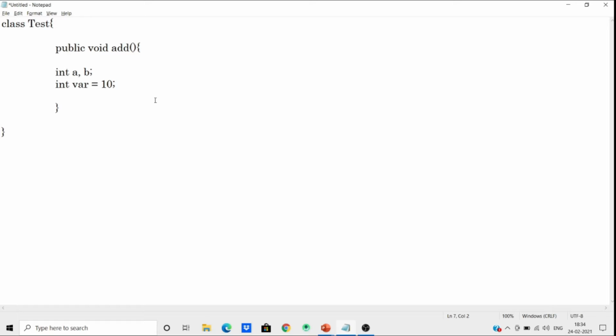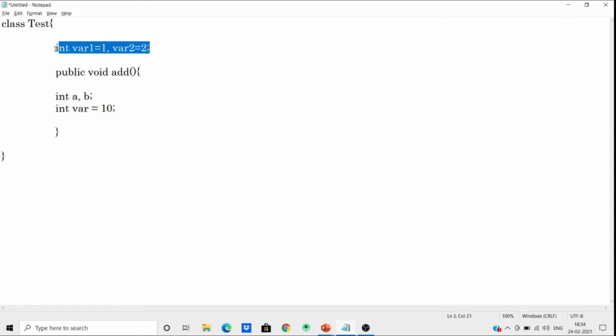The second one is the instance variable or non-static variable. We can define a non-static variable within the class but outside a block, like int var1, comma var2, and so on. We can also initialize these variables, like assigning 1 or 2 to them.